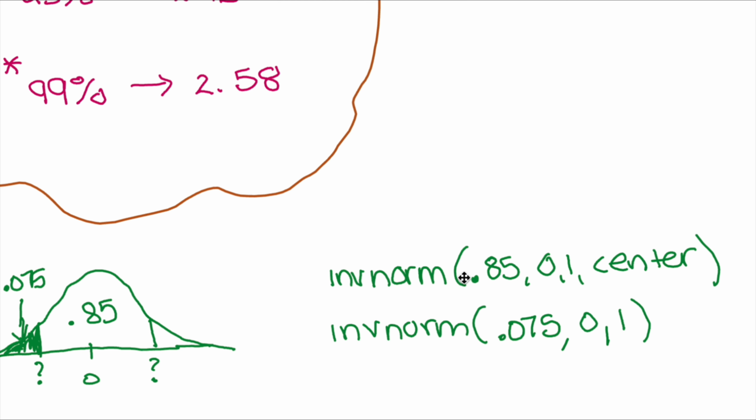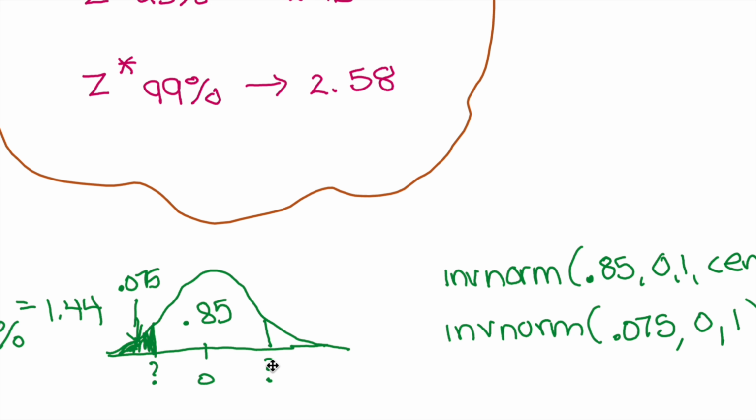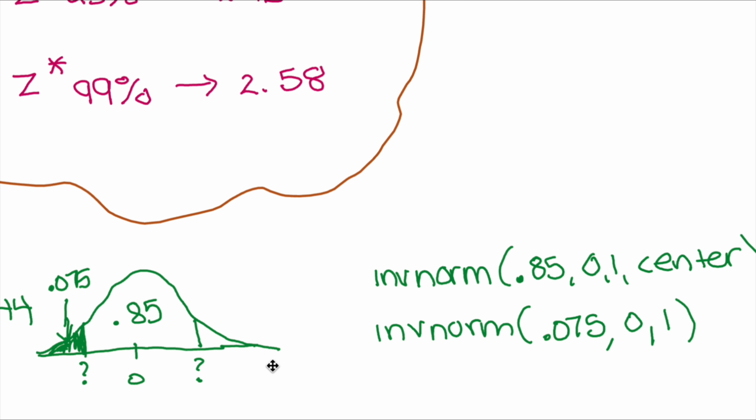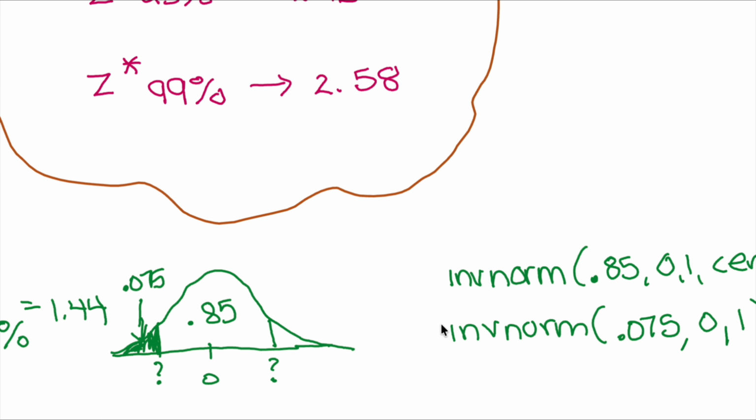Well, you can just simply use 0.85 and use the mu and standard deviation. The default gives you 0 and 1. Use those defaults, do not change them, and hit center, and then hit enter, and it will give you those two values. And for those that don't have the center button on their calculator, you can just feel free to